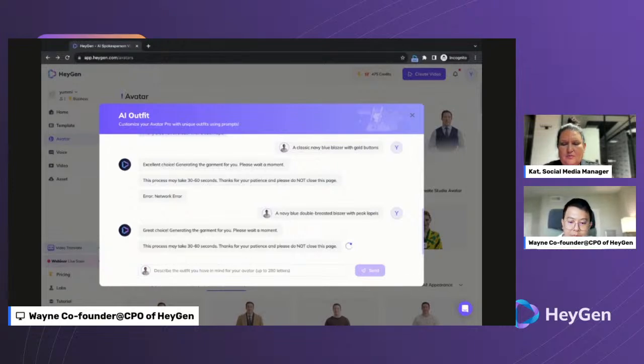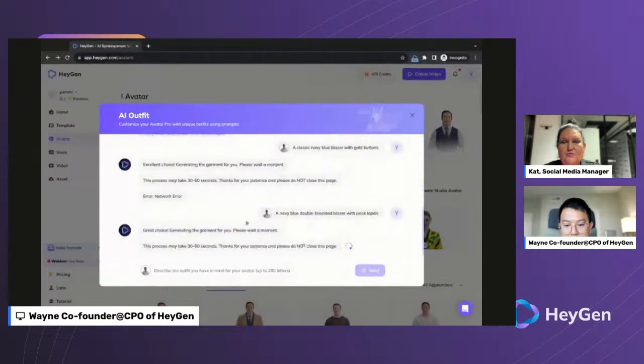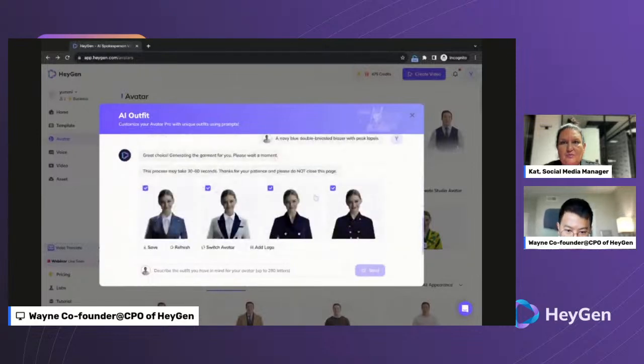You can save them into your avatar library for free, and then you can further customize, adding your logo onto the avatar and use that avatar to make videos the same way. It usually takes about a minute each to draw the avatar out. See, I've got a pretty cool Monica in new outfits that I haven't seen before.